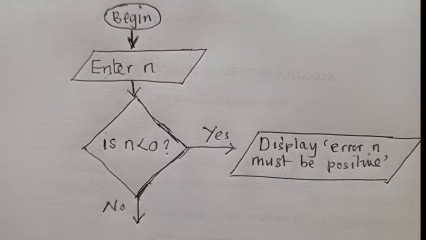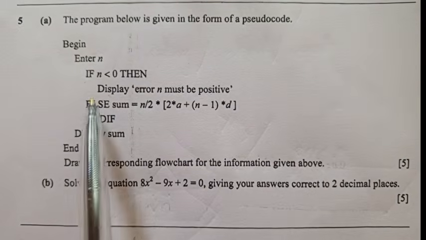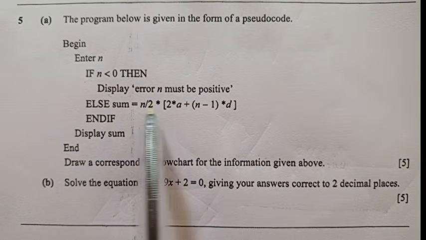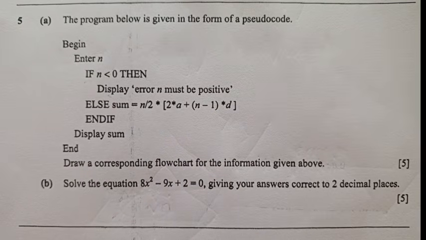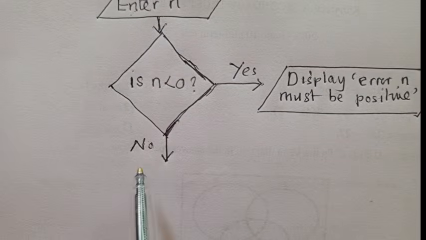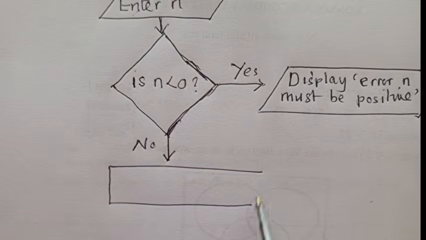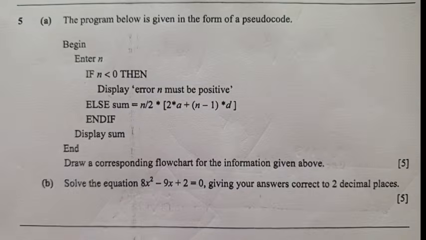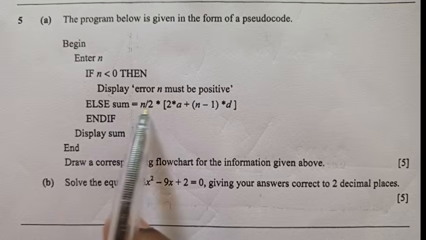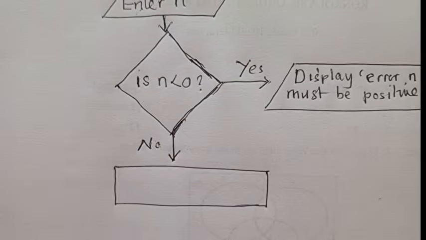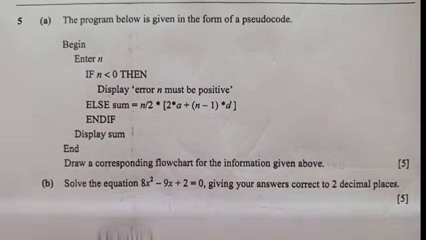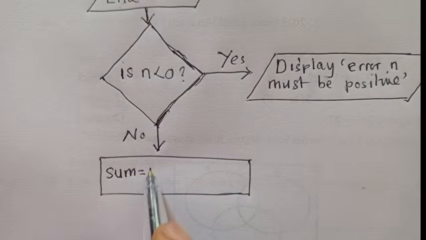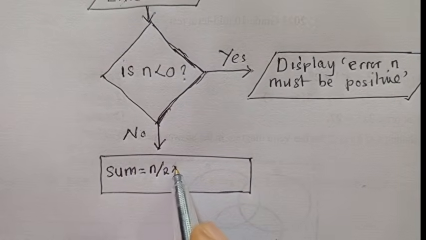Okay? So now from here, there is another option, else, and then you see the formula. You can tell that this is a formula. So wherever you see a formula, just know that that is an instruction box. And for instruction, what shape are we supposed to use? It is a rectangle. So you just put a rectangle and copy this formula. So that's sum is equal to n over 2